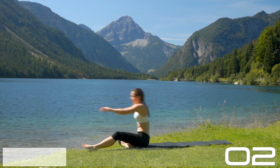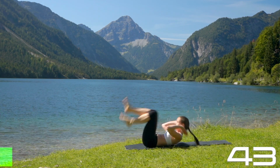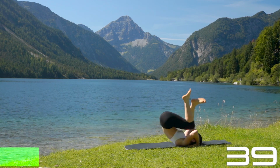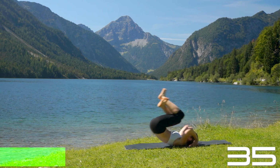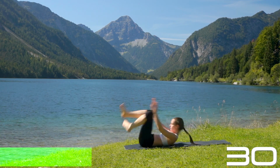Rolling back, coming up into lunge. This is really for fun. And we do a little bit of spine mobility here, but mostly we're just having fun. So roll back onto your cushioned floor, push back from your hands to come back forward and get up into